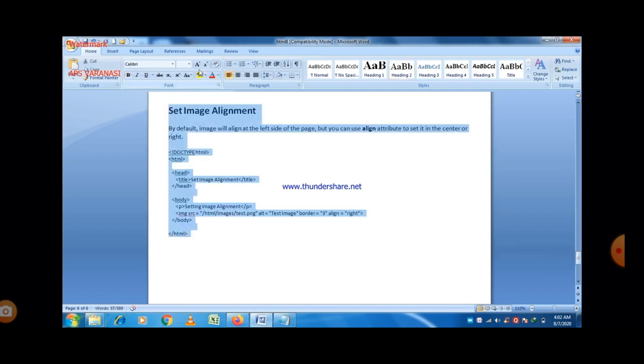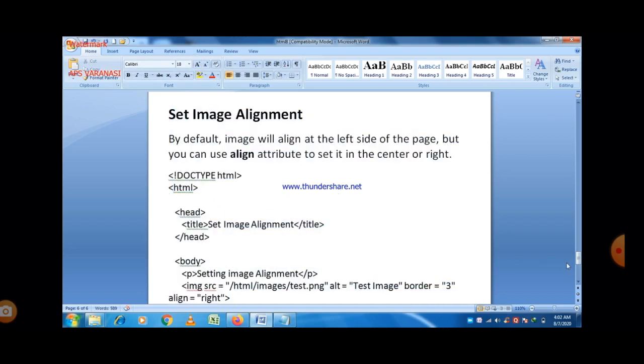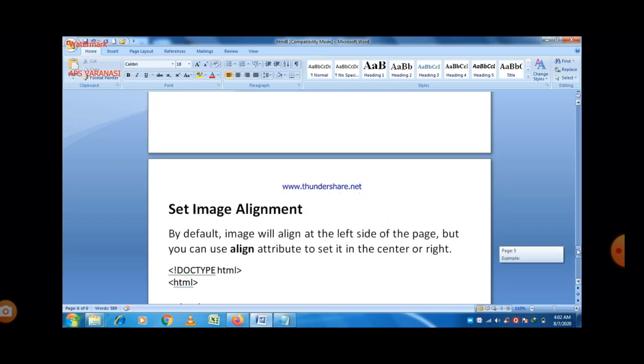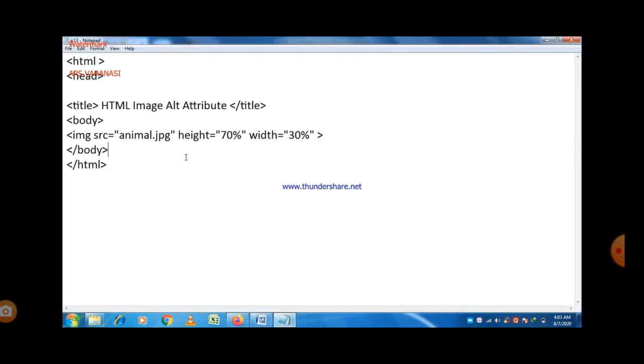So if you want to put your image on the right hand side or in the center, for that purpose you can use right and center. So just write align right here. Okay, save the program.